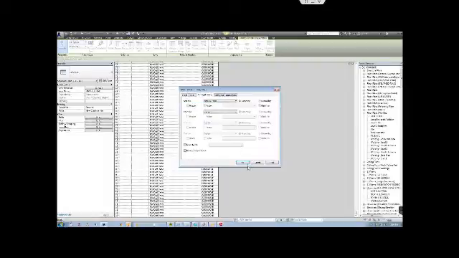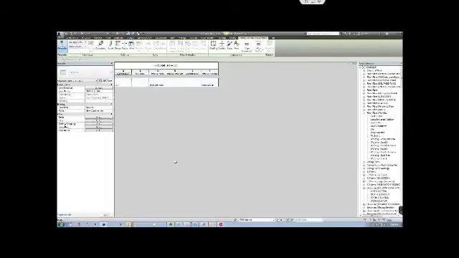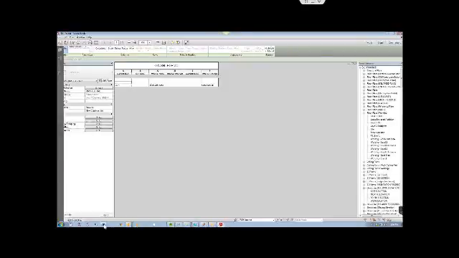So if we turn off itemize every instance, we're now only going to get this right here. And that's because we only really have one. This is materials that have a mark, and this is materials that do not have a mark right here. So what we would need to do at this point is come through